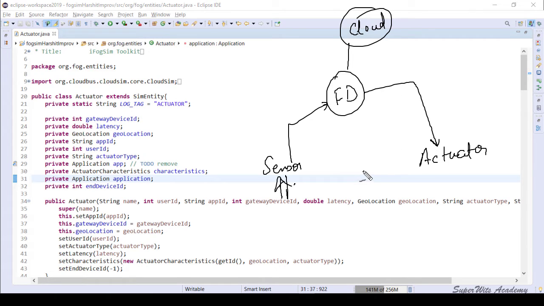Let's say I'm considering the sensor as a camera, and I'm talking about a security setup at a house, right? So what should be the actuator here?